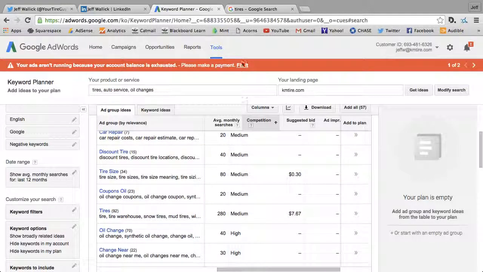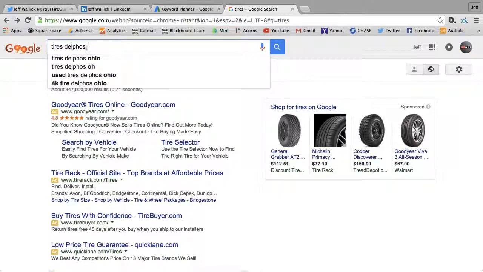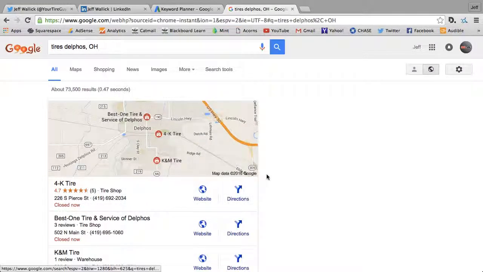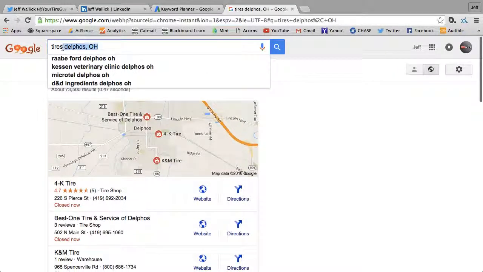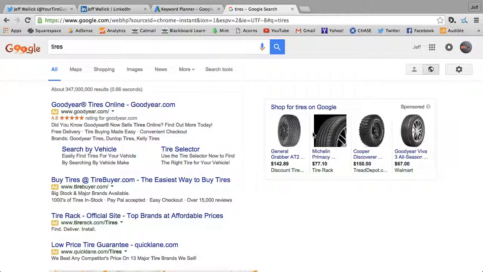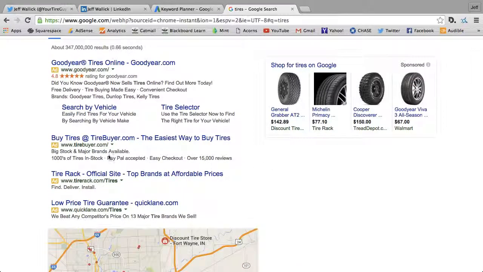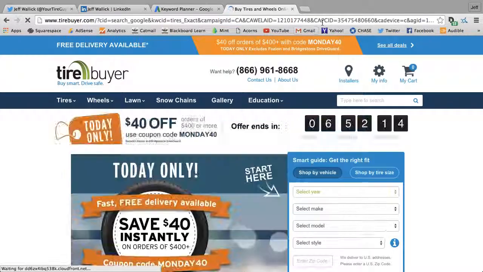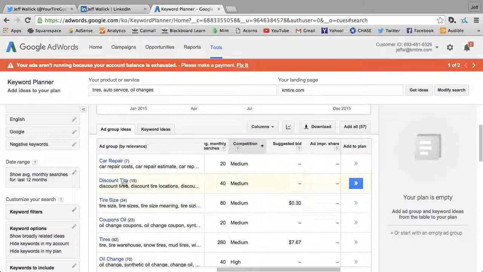$7.67 per click. So for example, if I were to search for tires, Delphos, Ohio, in this case it's not going to show me ads, but let's just look at tires from where I am, which is in New Haven, Indiana. If I wanted to click on one of these websites, I literally just charged that advertiser a certain amount of money. I'm not sure exactly what they're paying, but it would be somewhere between 30 cents and $7.67. It's pretty fair to say. But that's how